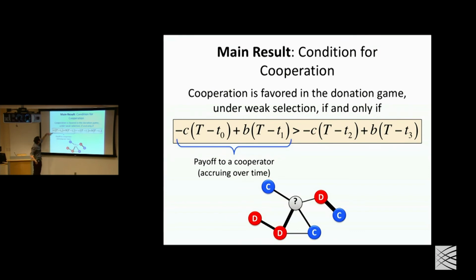And if that focal individual is a cooperator, it will pay cost C for itself. And that's paid for the entire time t, because t0 is 0. So it'll always pay the cost. It will gain a benefit for as long as its one-step neighbors are cooperators, right? So this is like the amount of time that its one-step neighbors spend as cooperators. So that benefit accrues over time. So the left-hand side here can be thought of as the overall accruing payoff to a cooperator, any focal cooperator